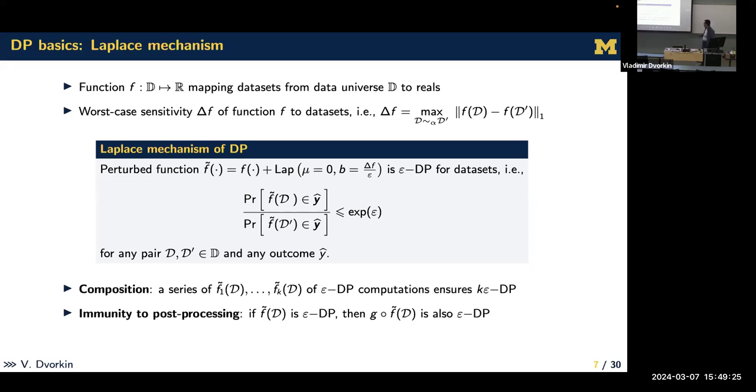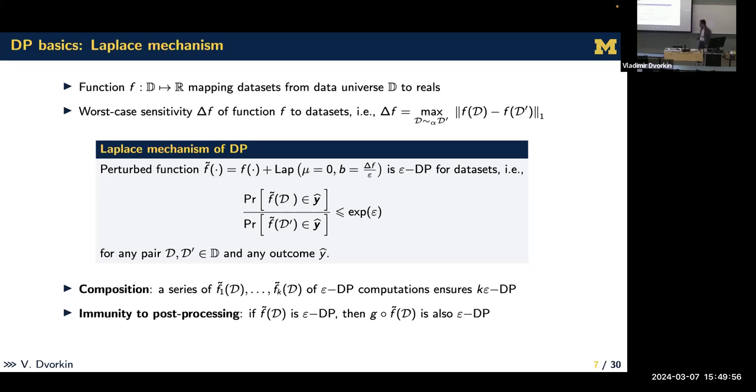The Laplace mechanism works as follows. Let's take our original function and perturb it with Laplacian noise with zero mean and a scale parameterized by the sensitivity and epsilon. This gives us the result that the ratio of observing the same outcome y hat from the perturbed function on data sets D and D prime is bounded by e to the epsilon. And this